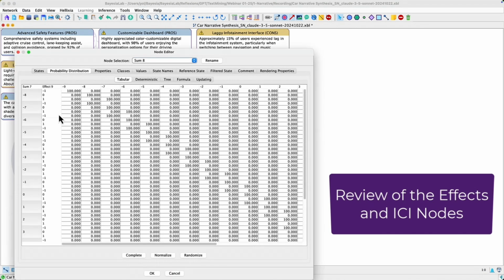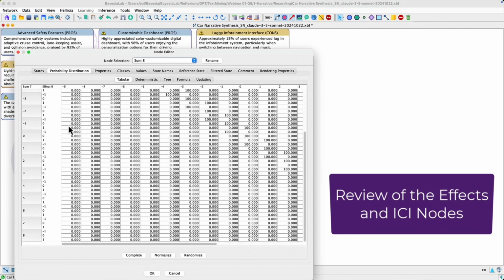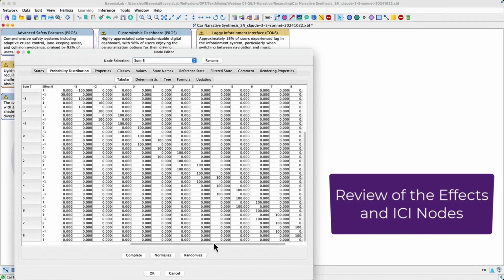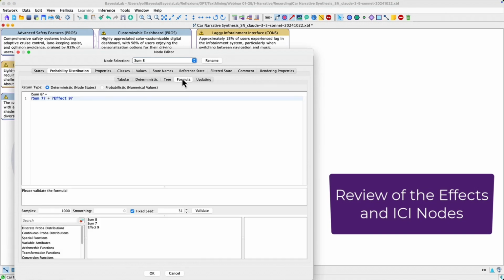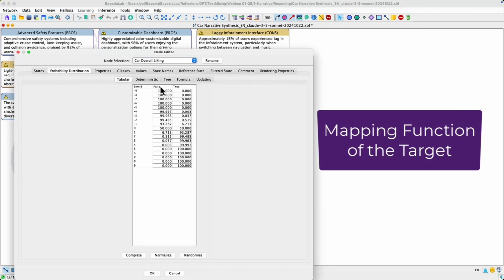And then this is a final sum, you see, so it goes from -9 to 9. And so it's purely deterministic. So we have the formula here. This is just the sum of sum 7, which is already another node, plus the effect of the last node. And then if we go to the target, this is how we map the sum that goes from -9 to 9.